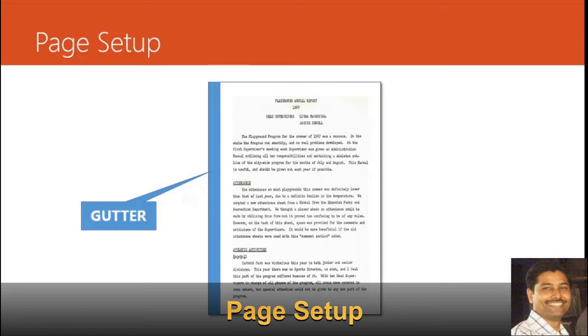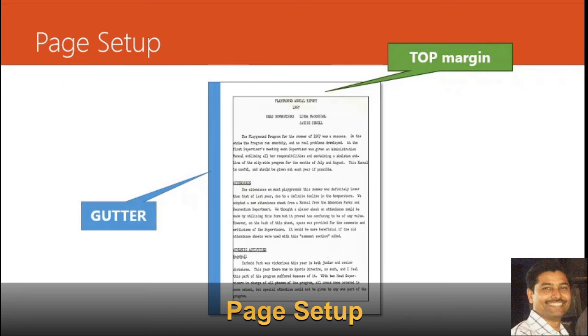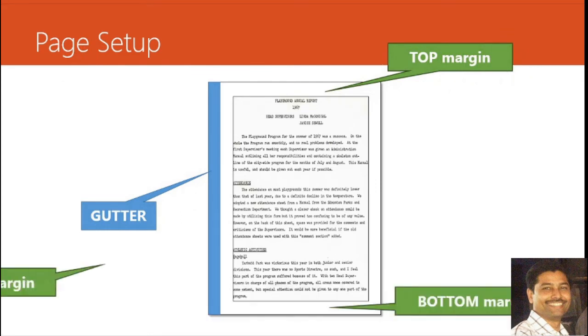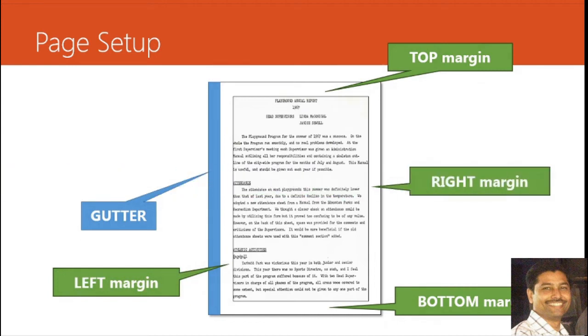Now around all the sides there will be some boundary or margin. So this one will be the top margin, this one will be the bottom margin, this is the left margin, and this is the right margin. So whenever we start one document, first we have to set up the pages and all these areas. So normally for top, right, left, bottom, I generally prefer 0.8 inches, and the gutter area 0.4 or 0.5 inches. So that will be sufficient.